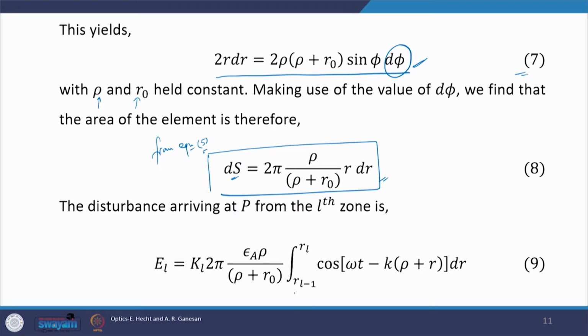Then, to consider all the point sources in this Lth half period zone, we integrate the equation from R L minus 1 to R L, because this is the half period zone, the shaded region which we are